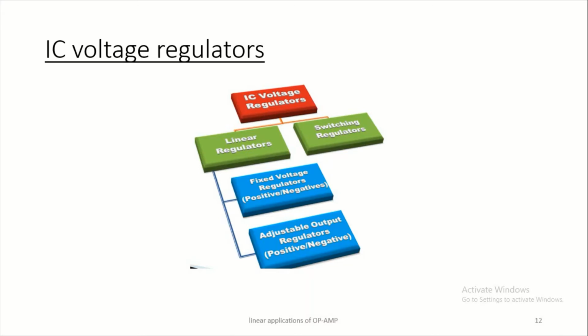The linear IC regulators are either fixed voltage regulator ICs like the 78XX series or 79XX series, or they are variable voltage ICs such as LM317 or LM337. Switching regulators are basically series type regulators with the series transistor operating as a switch. It is biased to operate either in cutoff or in the saturation region. Due to this, the power dissipation of the transistor is reduced and the efficiency of the regulator is increased.